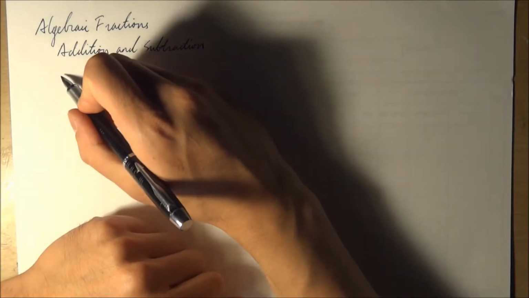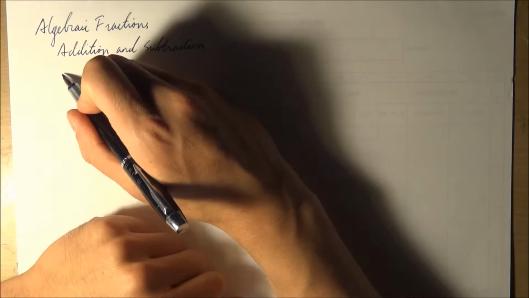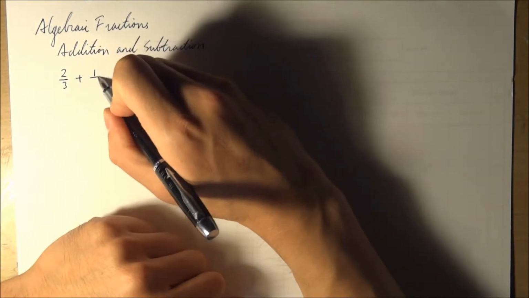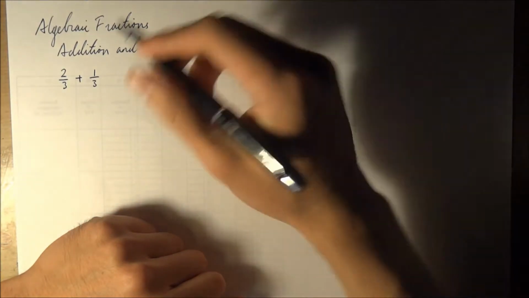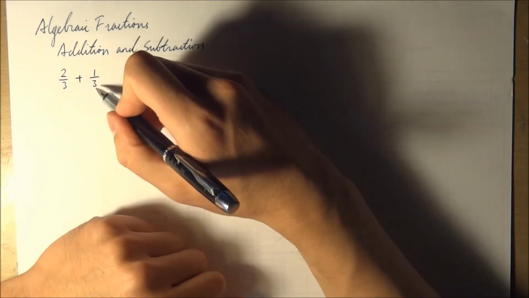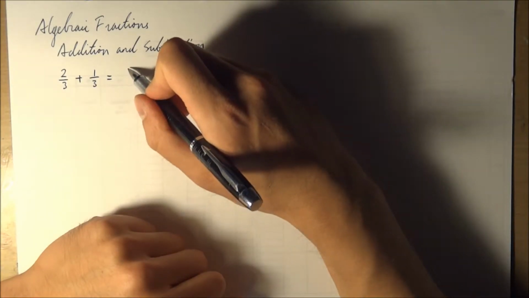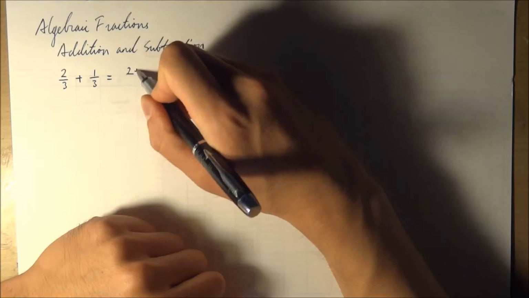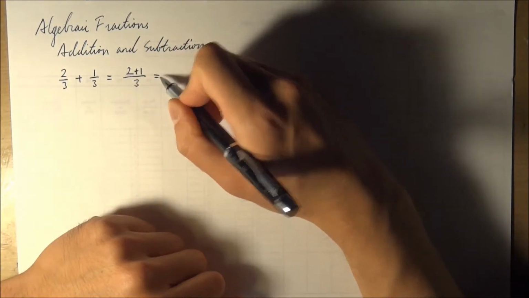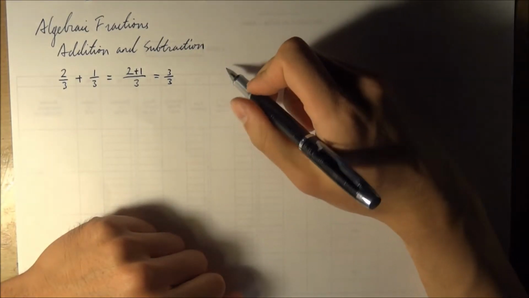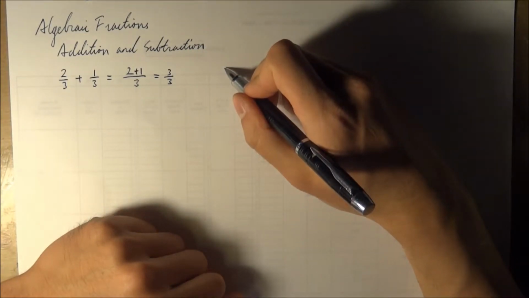So for example, if we have say 2 over 3 plus 1 over 3. In this case, since the denominators are equal, we can just add the numerators. So 2 plus 1 over 3, which equals 3 over 3. If the denominators are different, say